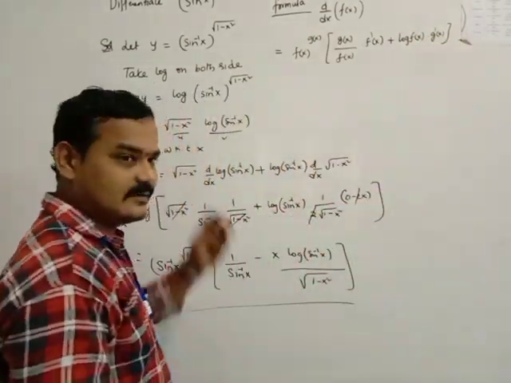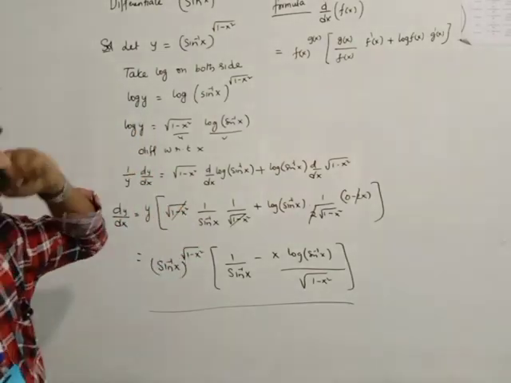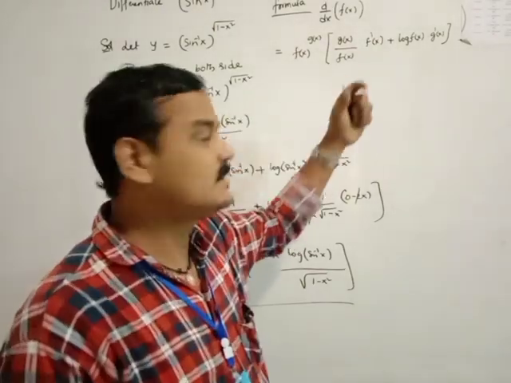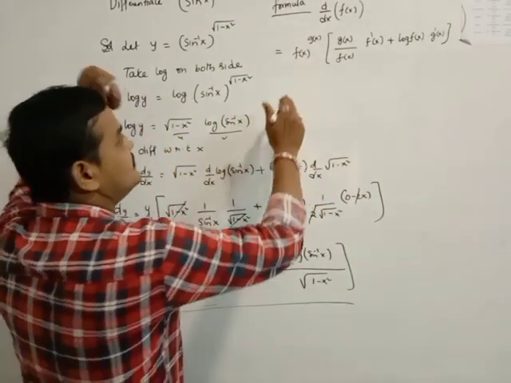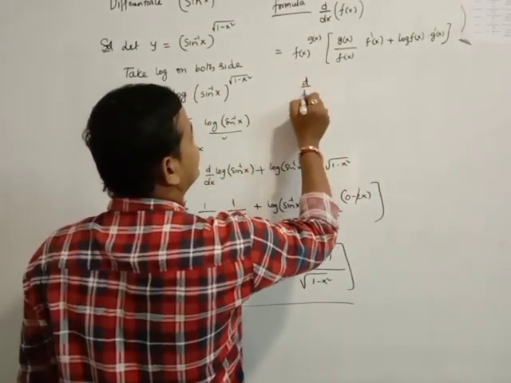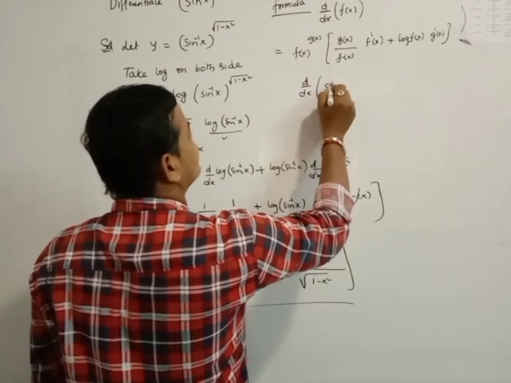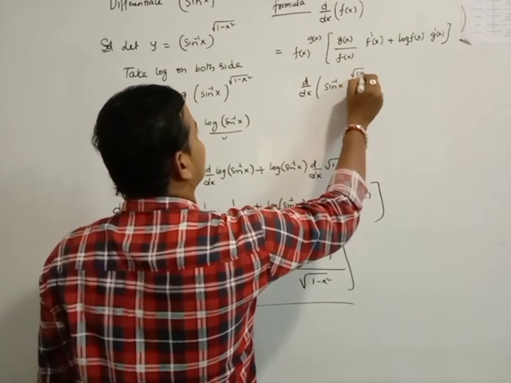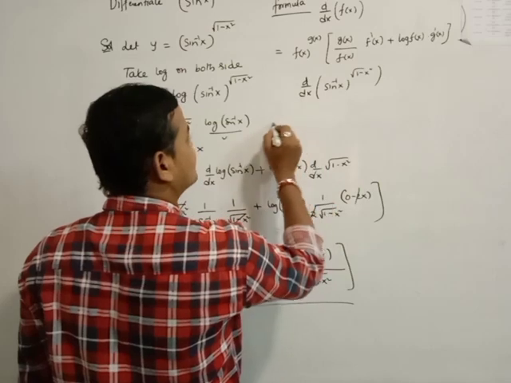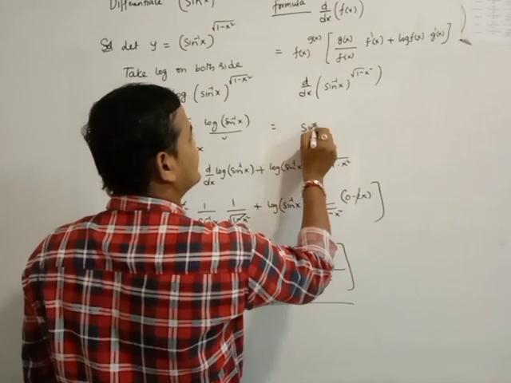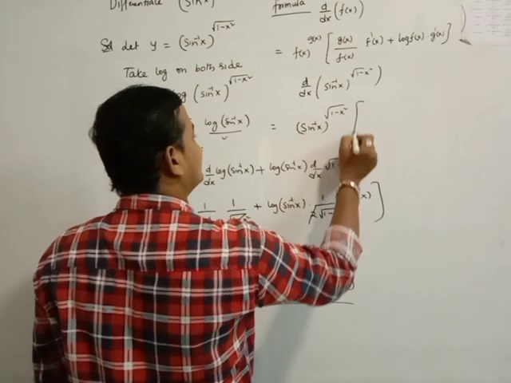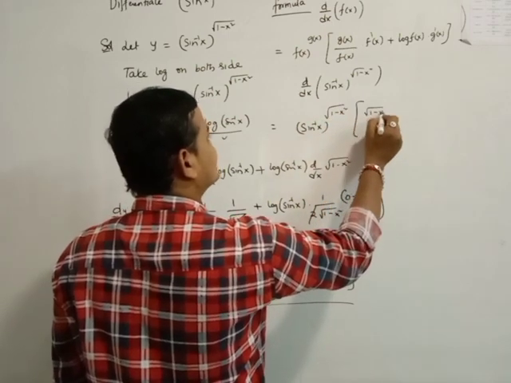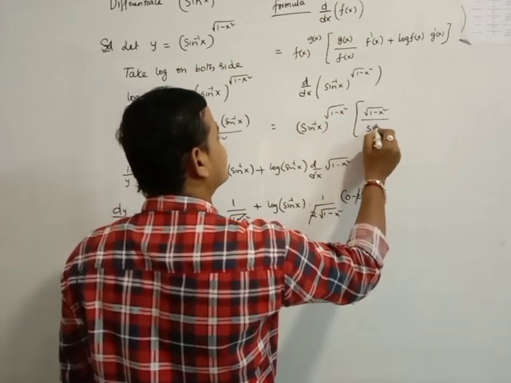This is the form, but when you are given a 1 mark question, you can do it directly like this. You can apply it for this problem. You see, I need d by dx of sin inverse of x whole to the power of root over 1 minus x square. First of all, write the question: sin inverse of x whole to the power root over 1 minus x square into root over 1 minus x square by sin inverse of x.